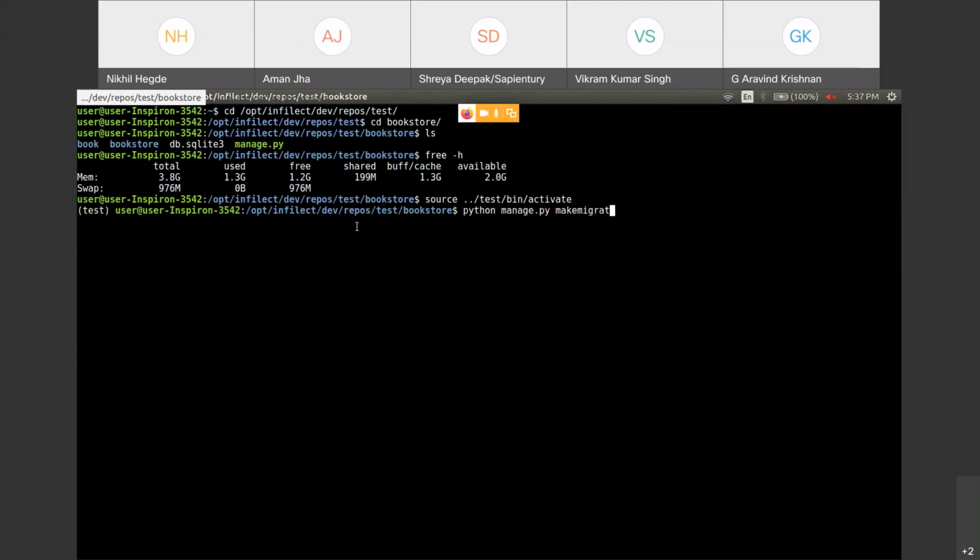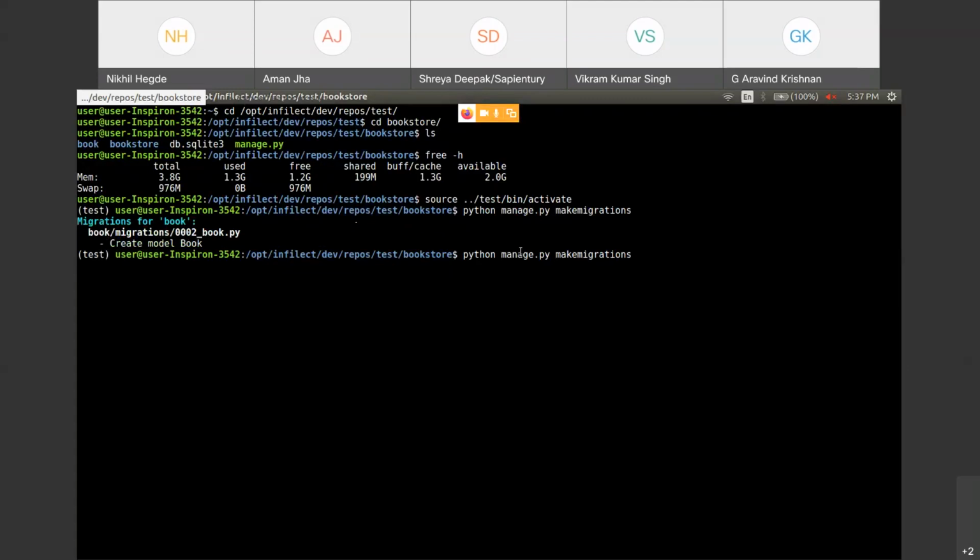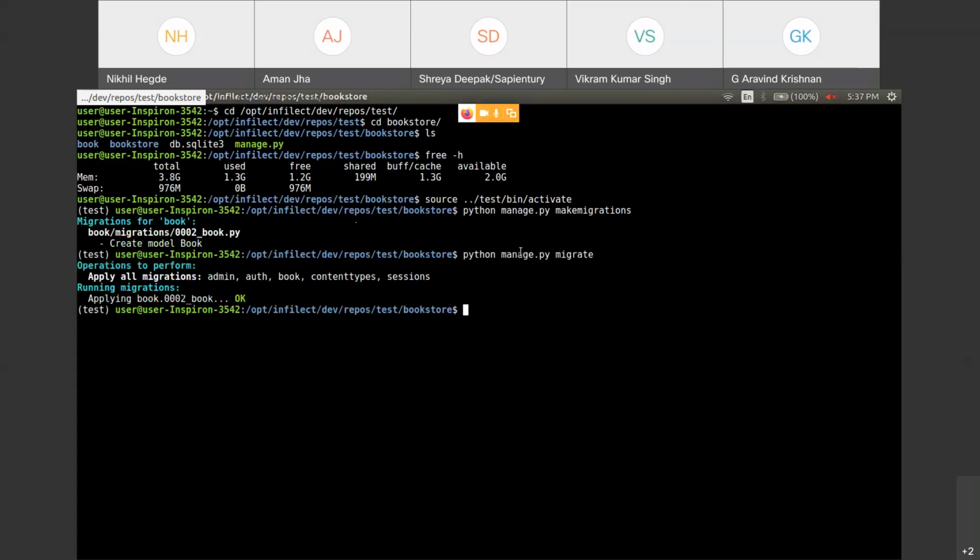Migration means I'm creating a migration file. So it's created a model book, and after running makemigrations, I'm applying those changes to the database using the migrate command. Okay, the migration has been successfully applied.